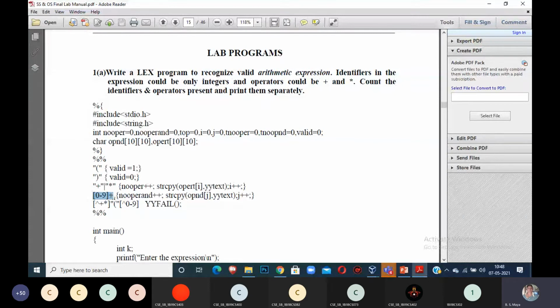For that I am going for this. See, I am taking one condition. Do you have any doubt in this expression? See, this expression, what does this say? I will tell you now.